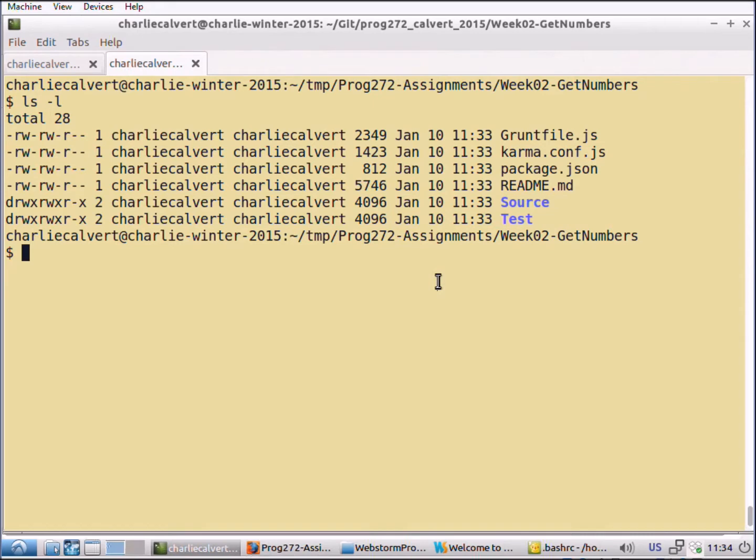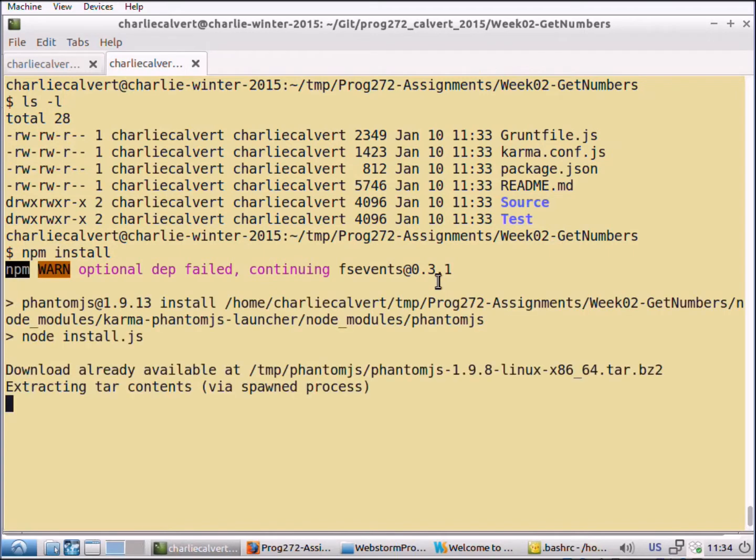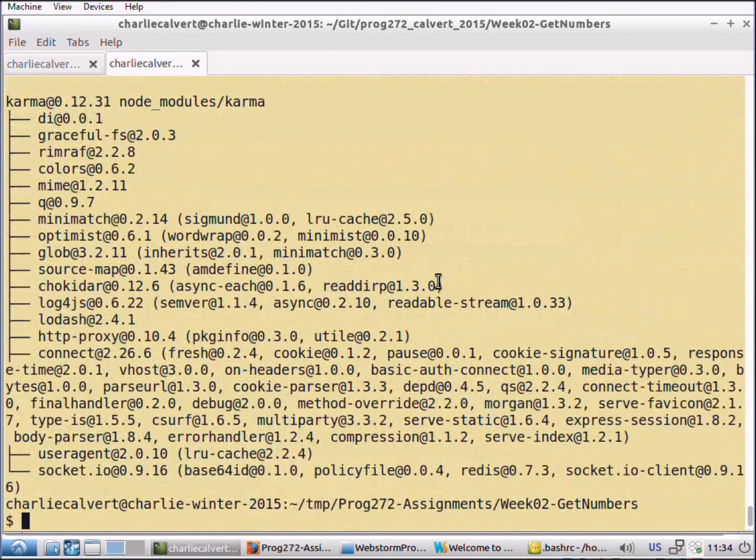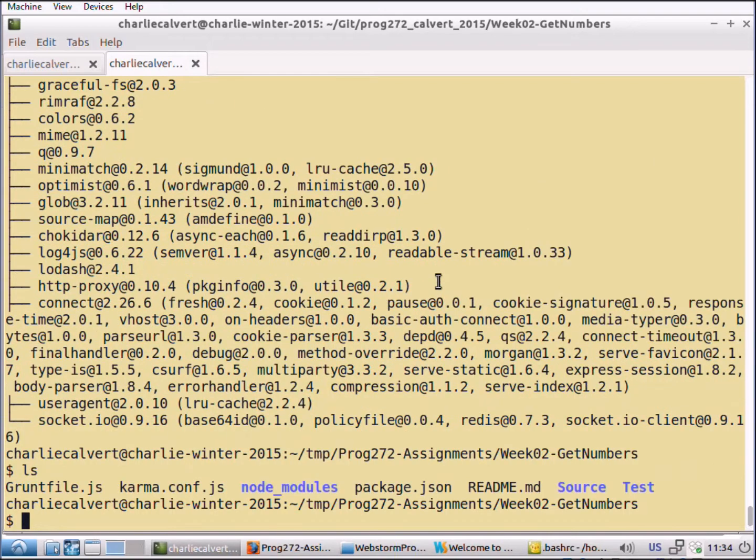Okay. Now, in order to get started, type npm install, and this will go ahead and install your libraries. And this is when that node modules folder gets created. And you don't ever want to check that node modules folder in, okay? The greatest of all dark sins would be to check in your node modules folder. So there it is now. And if you look at it,